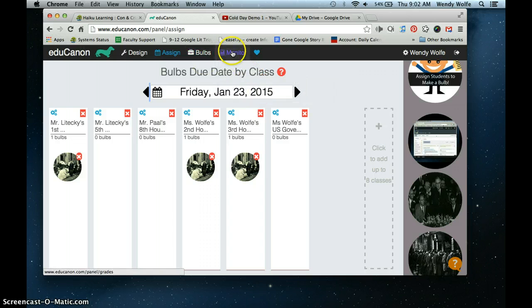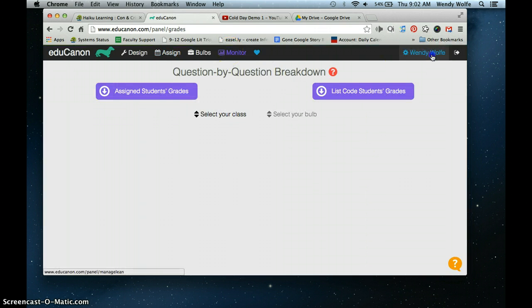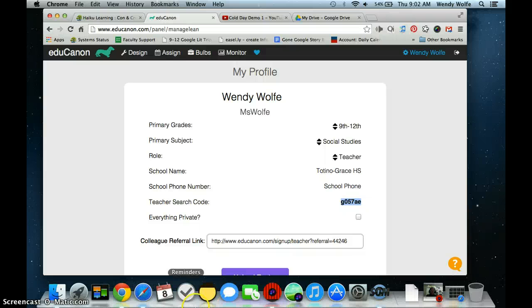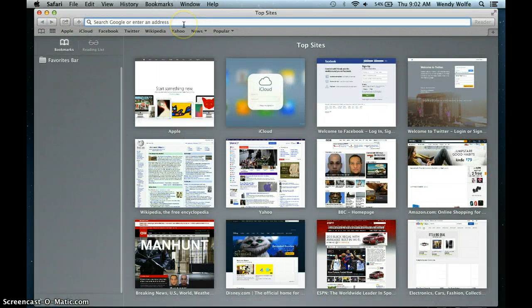Now, if you wanted to monitor what's going on, oh wait, before we monitor, let's do this. Click on your name, and it gives you a teacher search code. When students log in, they have to create an Educanon account. You'll want to make a note of what your search code is, 57AE. So if a student logs into Educanon,